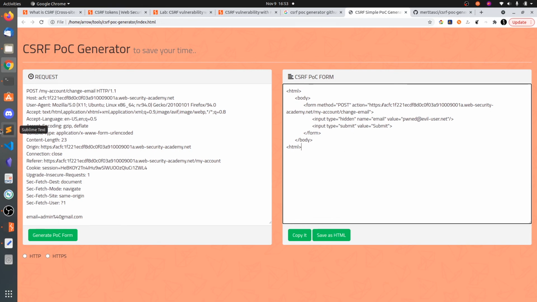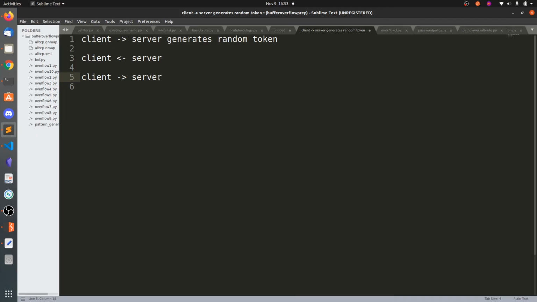You can also create your own account on the website to understand how the CSRF tokens are generated and transported from client to server, etc. Once the CSRF token is validated, the server will accept your request and generate a new random token.